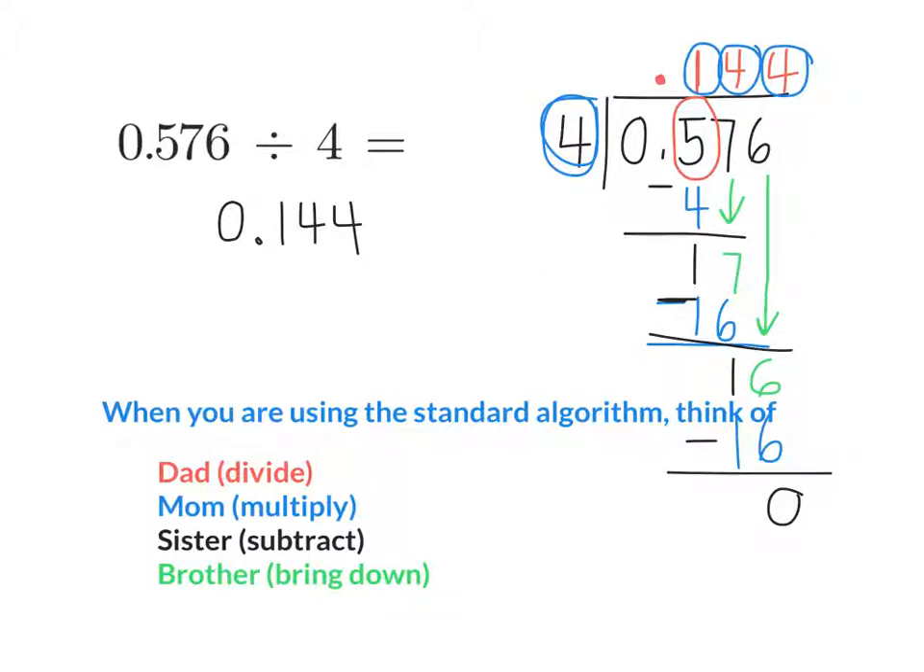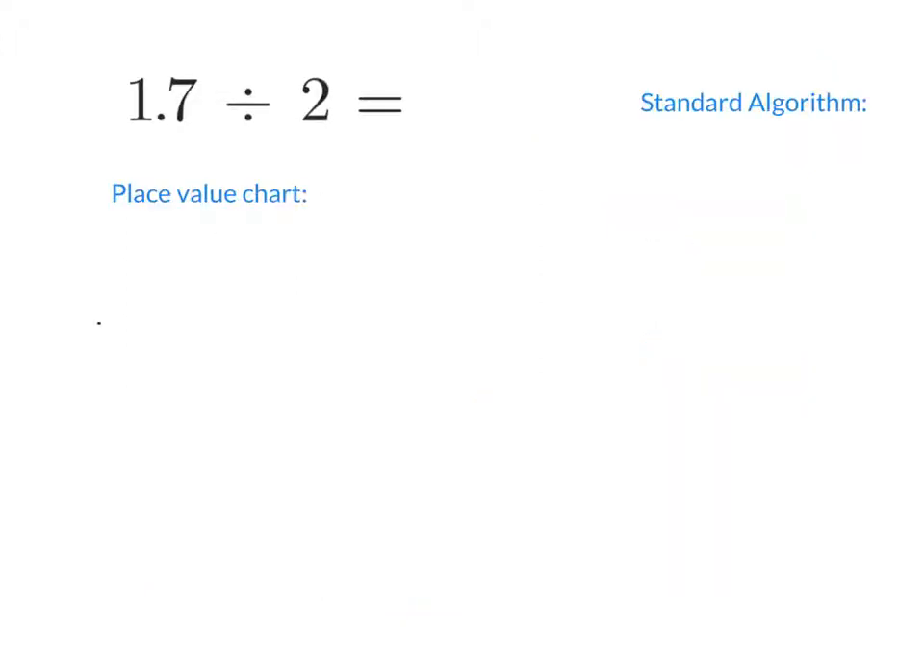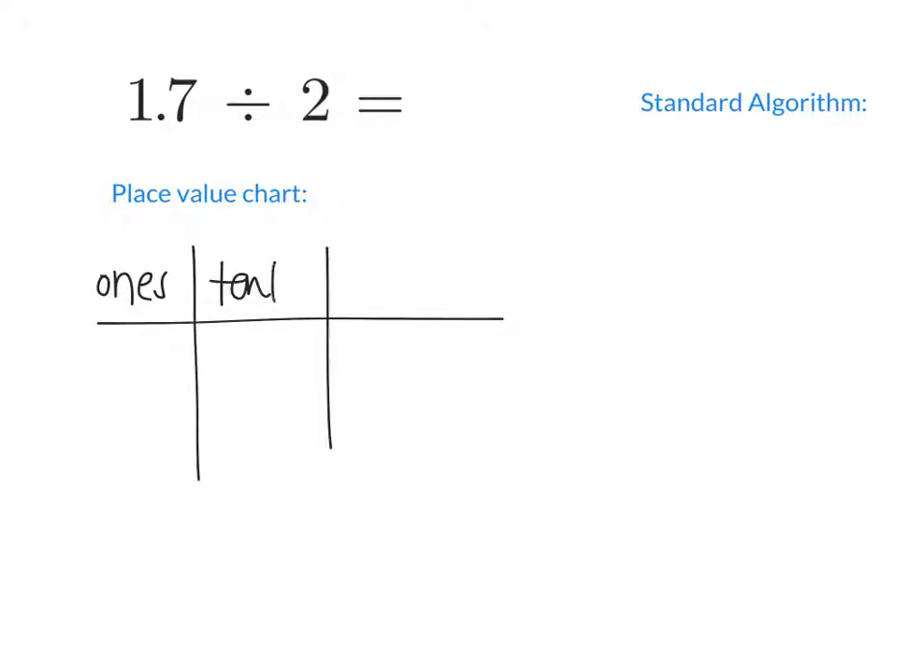Just like yesterday, we're going to set ourselves up with a place value chart. Let's start with the ones. And then we really only need tenths right now, but you might need more. I'll just tell you right now, you'll probably need more space. Okay? And then we know to set up the standard algorithm, 1.7 is the whole who lives in the house,